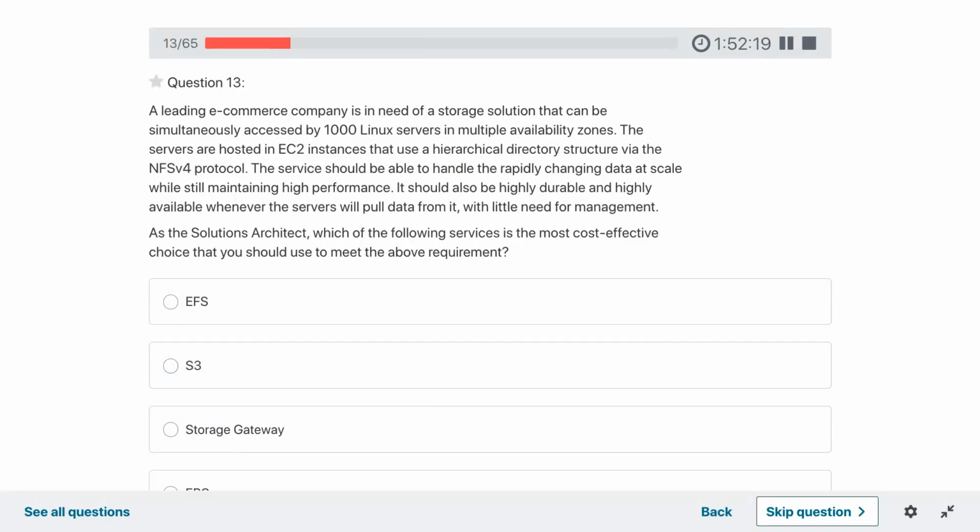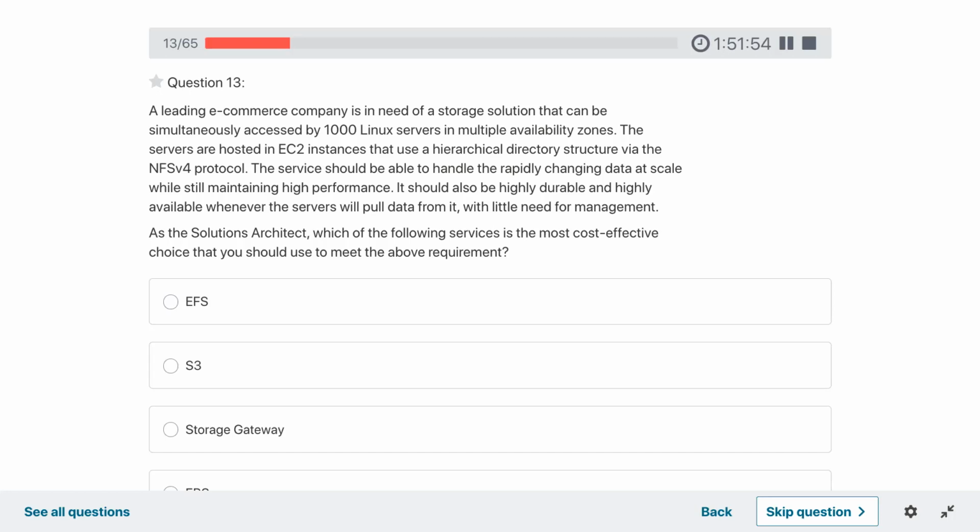A leading e-commerce company is in need of a storage solution that can be simultaneously accessed by thousands of servers in multiple availability zones. The servers are hosted in EC2 instances that use a hierarchical directory structure via the NFSv4 protocol.